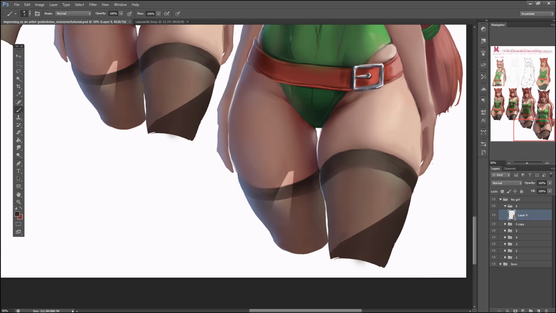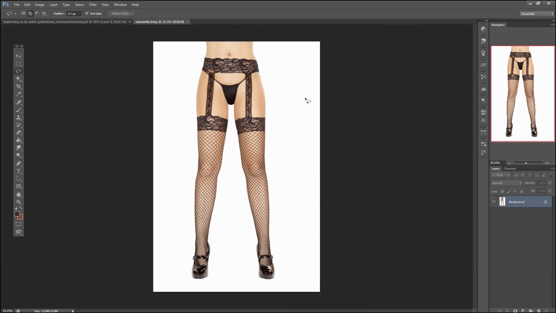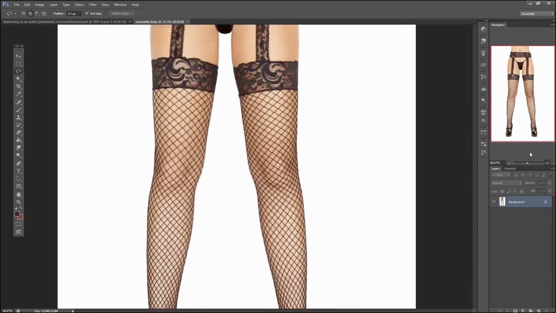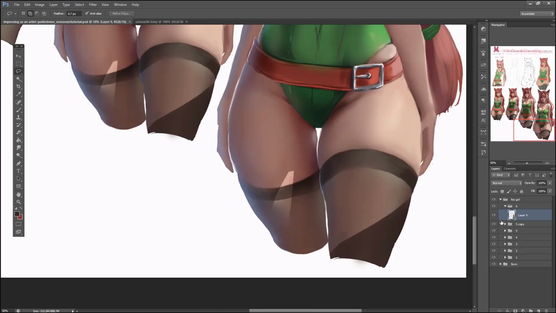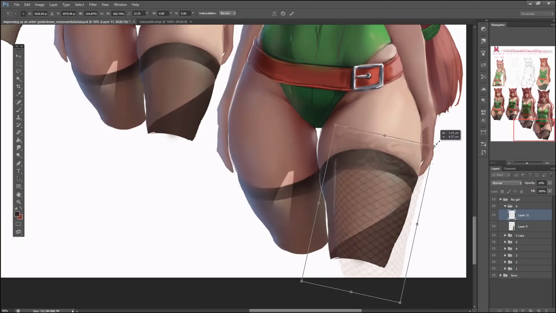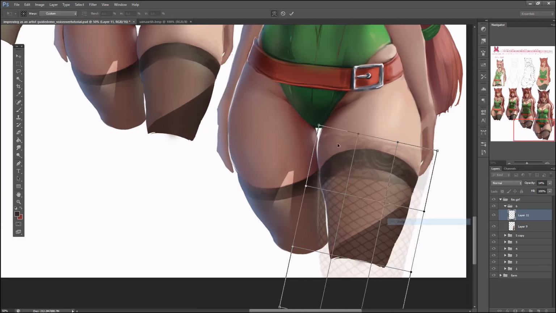Alright guys, I found the texture. So we have this texture right here. What we want is this part right here. Gotta get that nice texture for the stocking. And lower the opacity and then lay that